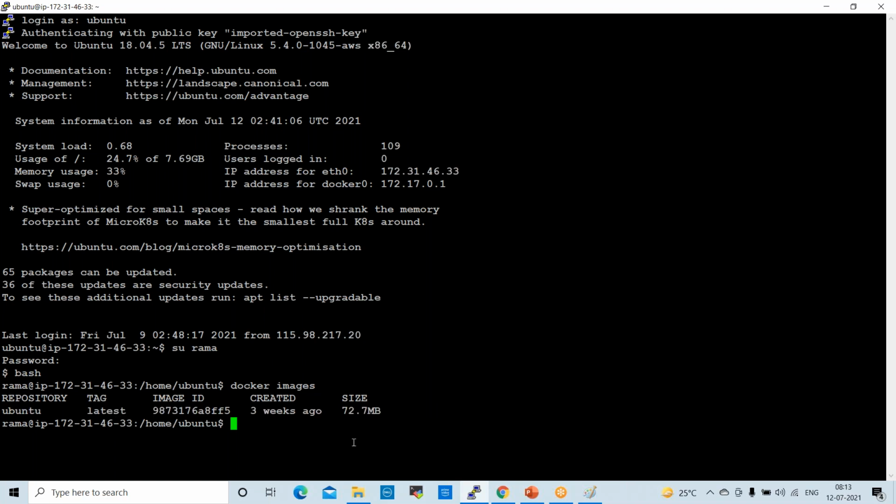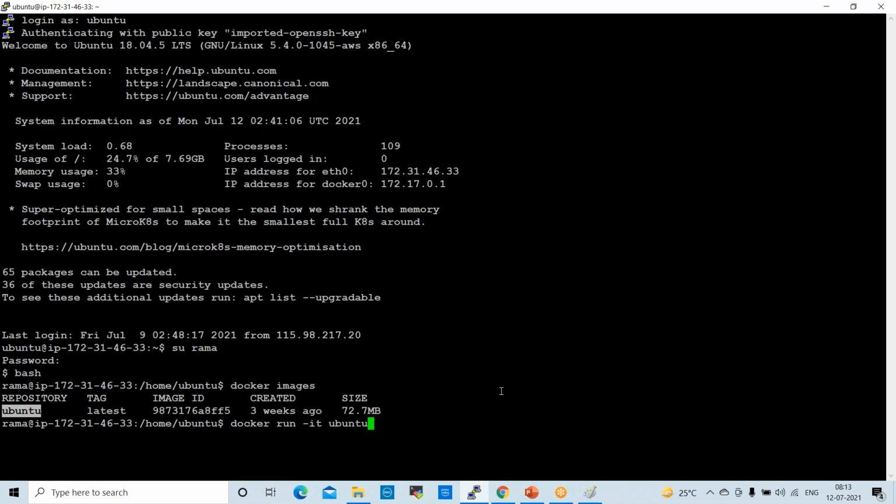Now I want to run a container on top of this. The command here is docker run -it, interactive mode, followed by the image name. The image name is Ubuntu. Docker run -it ubuntu.